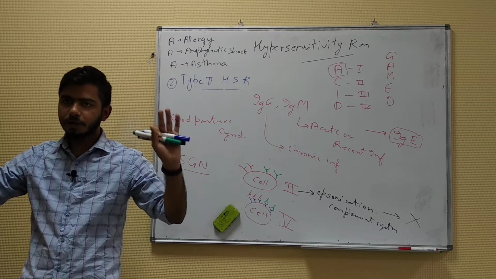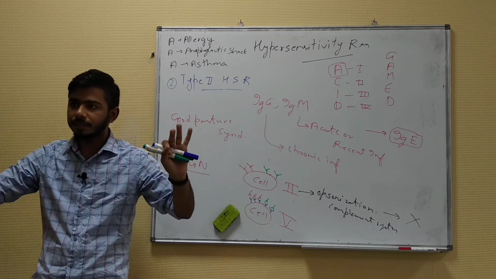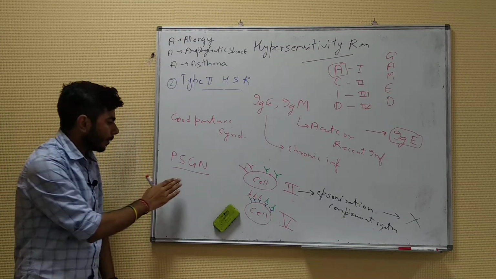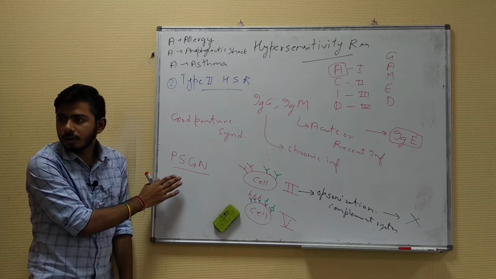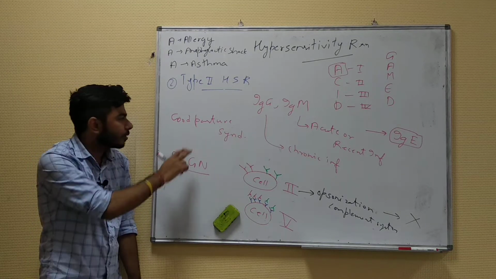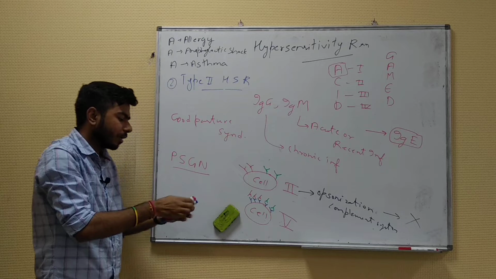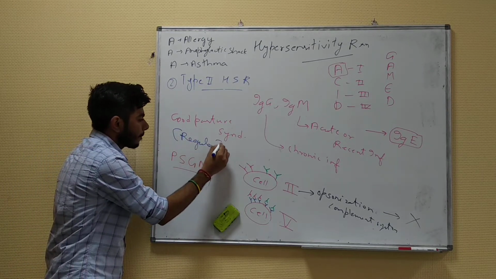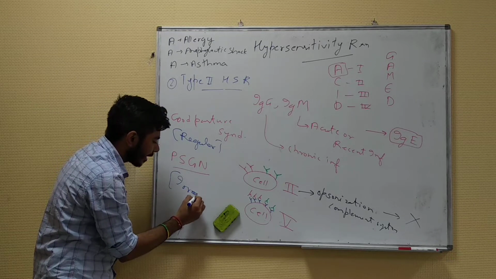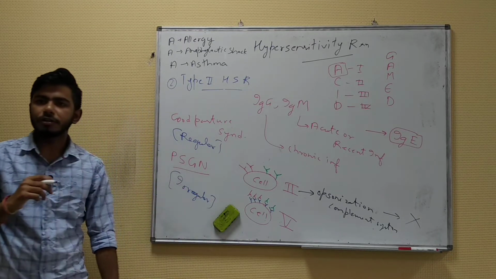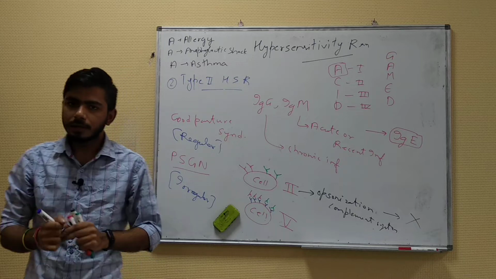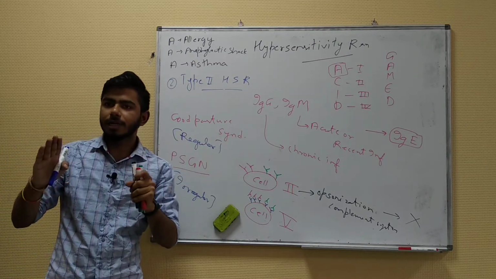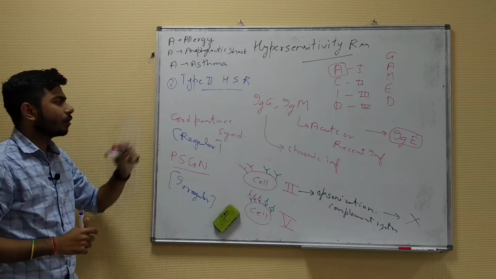This is a bigger topic. You have nephrotic syndrome and nephritic syndrome. I am talking about nephritic syndrome over here, in which you have hematuria. PSGN, post-streptococcal glomerulonephritis, is the example of type 3. This is the example of type 2. What you have to remember is that this appears in a regular fashion, and this is in an irregular fashion. That's it. You don't need to remember anything else. Okay, fine. So I was talking about examples of type 2 hypersensitivity reactions. The first example, you can write Goodpasture syndrome.